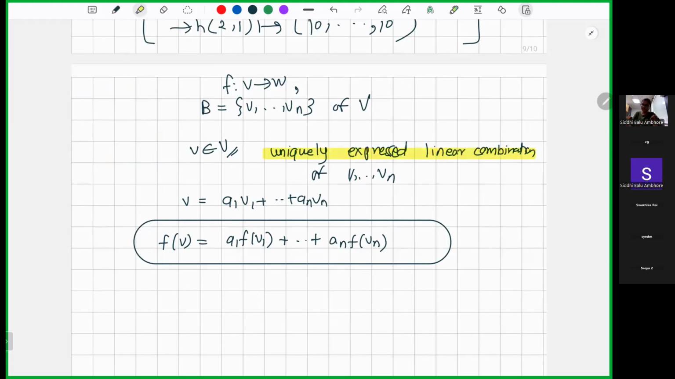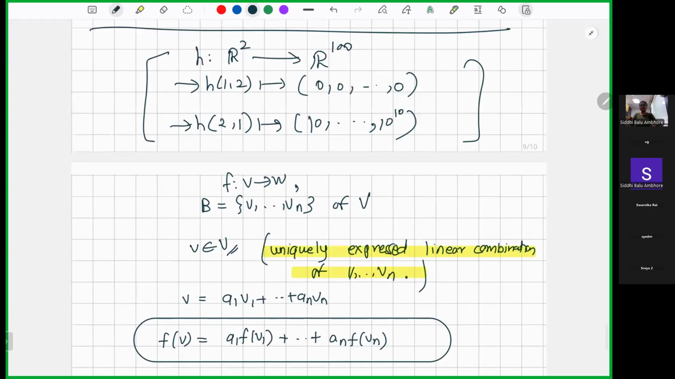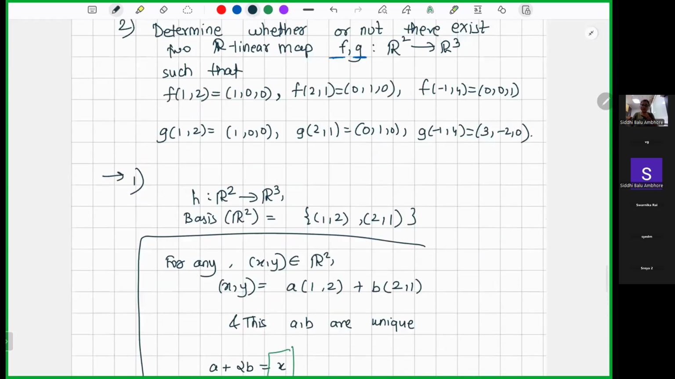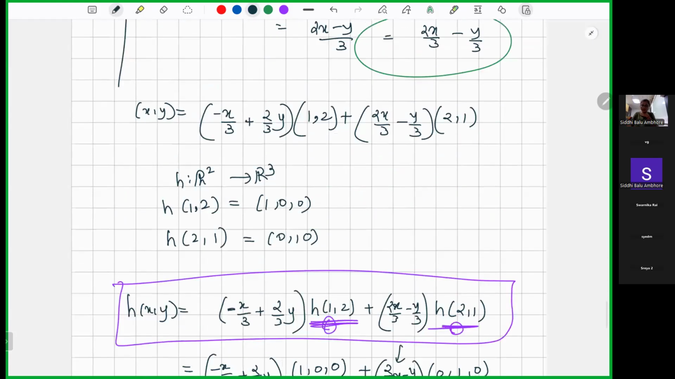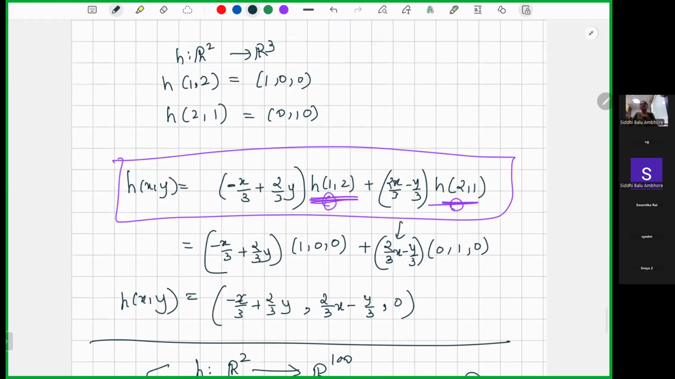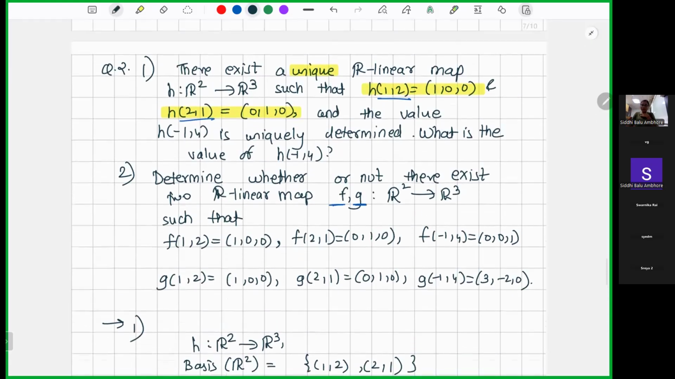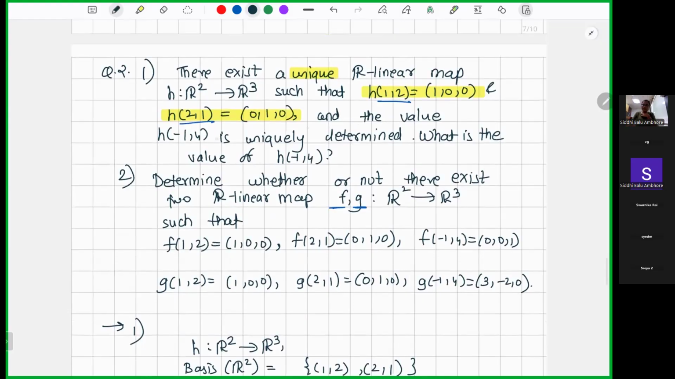This is the vital, the important part, which is giving me this uniqueness. And this is what is written here: there exists a unique R linear map. This unique R linear map is exactly this. There is no other way this can happen. Okay. And the moment I have these two fixed,